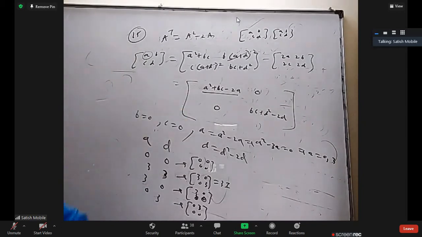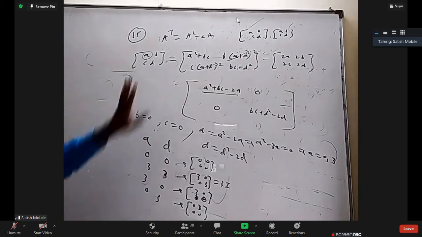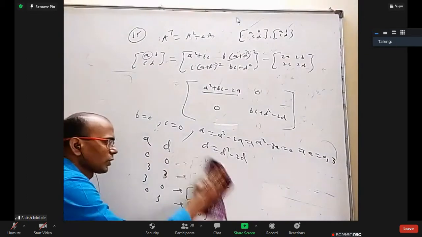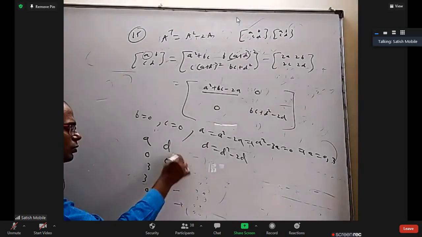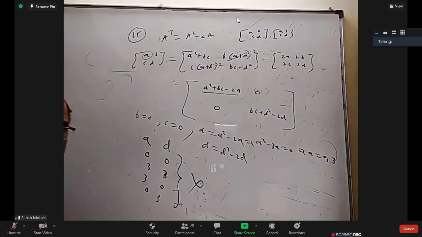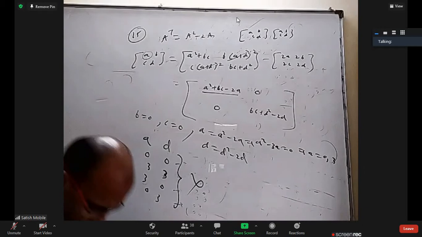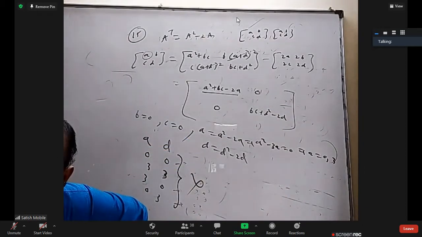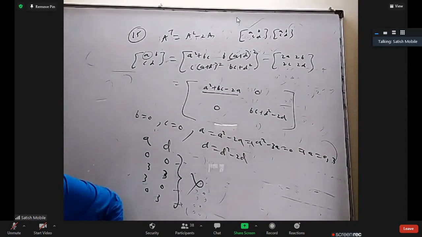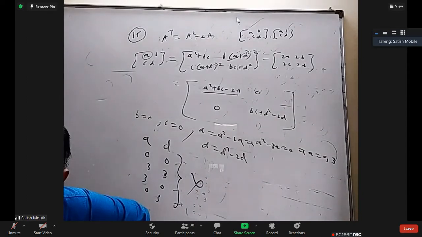Yes, what is the answer? Null set or what? Yes, sir. Oh, I wrote these things, but what about the A plus D equal to 2 condition? That is also there. So forget about this. In all the 4 pairs, nowhere is A plus D equal to 2. So all are wrong. Okay, so there is no such set. Actually, we can also use Cayley-Hamilton theorem. I'll tell a little later maybe, but I will not take it.